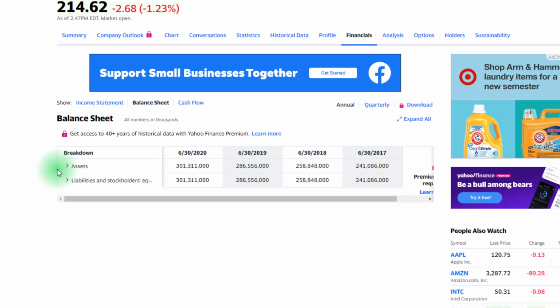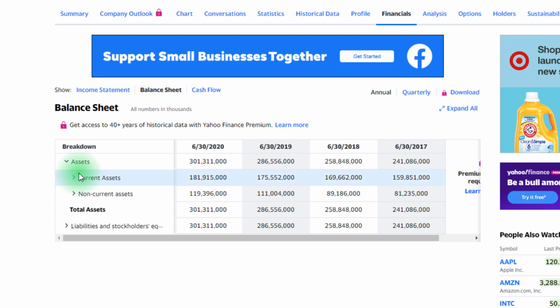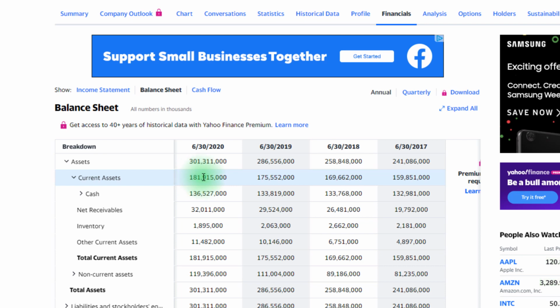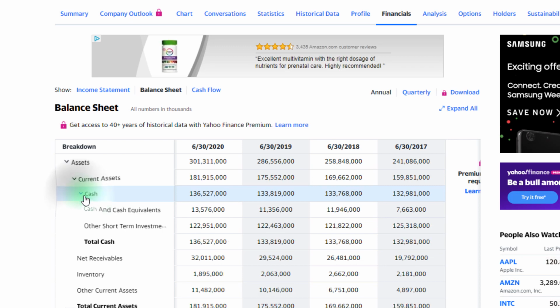All right, so let's start with the assets. We break it out. We have current and non-current assets. We can see that Microsoft's current assets are 181, and all of these numbers are in the thousands, so that's $181 billion in current assets. And if you look at the breakdown, you can see cash and cash equivalents equals 13 billion of that, and then other short-term investments